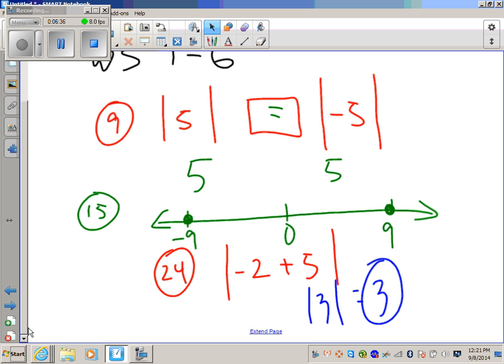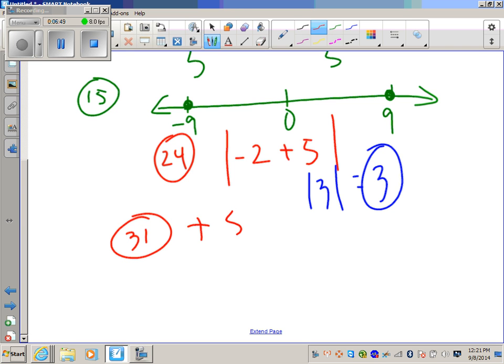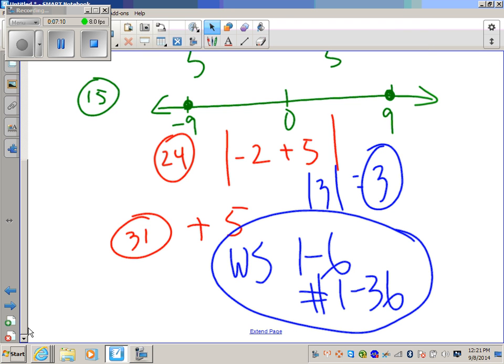Okay? Then 31 to 36, write an integer to represent each situation. For example, number 31, the gain of 5 yards, plus 5. Okay. So 1 through 36. Worksheet 1-6, 1 through 36. Okay, it should give you a good